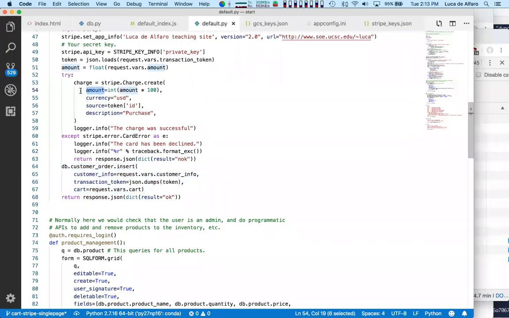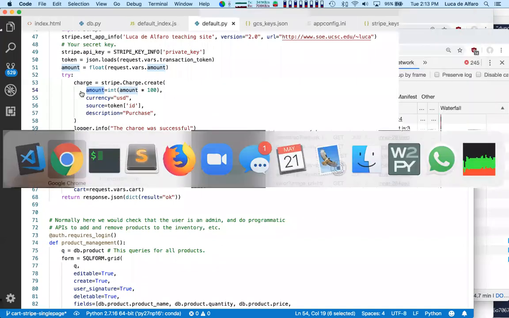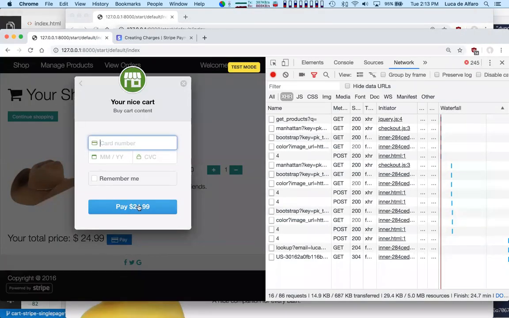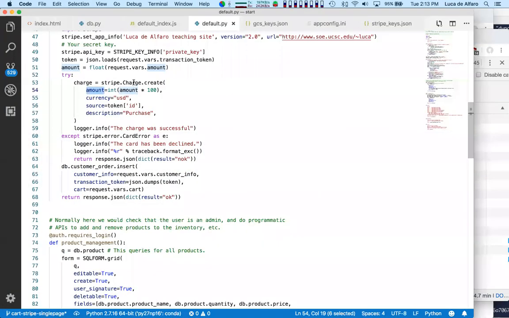So this is something that I always found a little bit funny. I can actually present to the user a button that confirms the payment for $24.99, and on the server, I can actually charge you a different amount of money. This to me is really quite funny. And in fact,